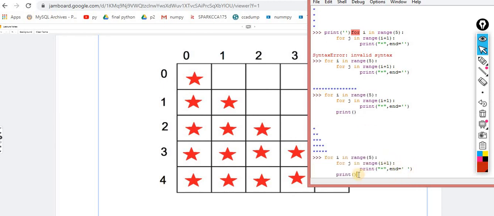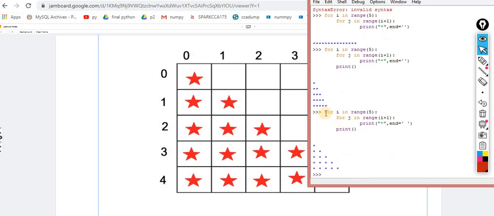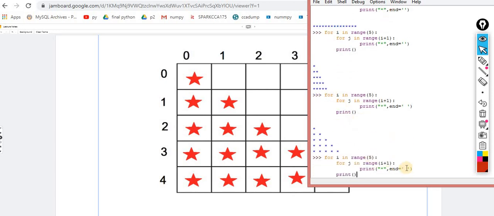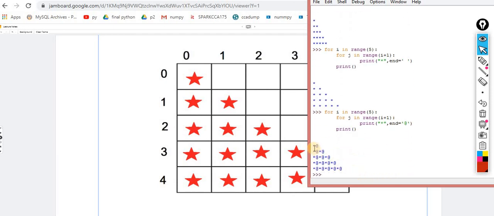Okay, now you can check it out. Here the space is generated. Okay, you want to add the @ sign between these spaces. For the same, what you can do is simply pass the @ sign. Okay, now you can check it out. You can check where the space is, you are getting the @ sign.